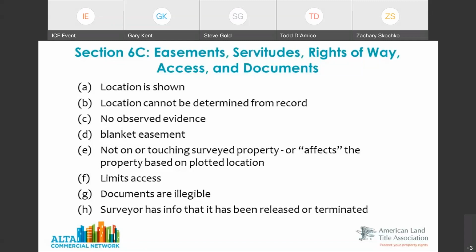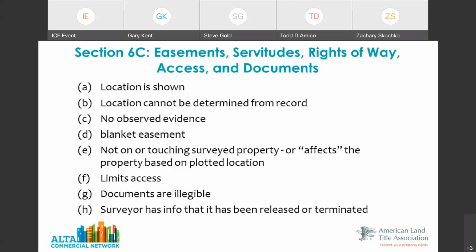So maybe there's discussions down the road that that easement needs to be reached out to that company and see if it can be reduced, see if it can be identified or recrafted in a width instead of a blanket easement area. So let's go to the next slide, Gary.